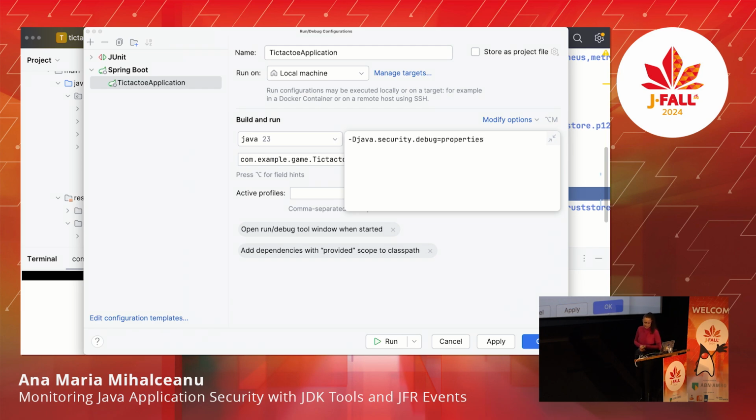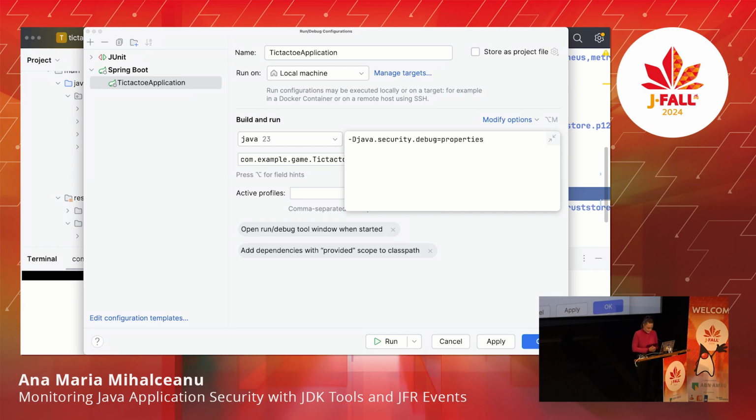So that's one way to do it. And this will show me the initial security properties that I have from my JDK, or if you're running in a container that, let's say, has a specific image tailored and it's smaller and a custom runtime, and maybe somebody modified those security policies and those initial security properties, you can find out by debugging those with this